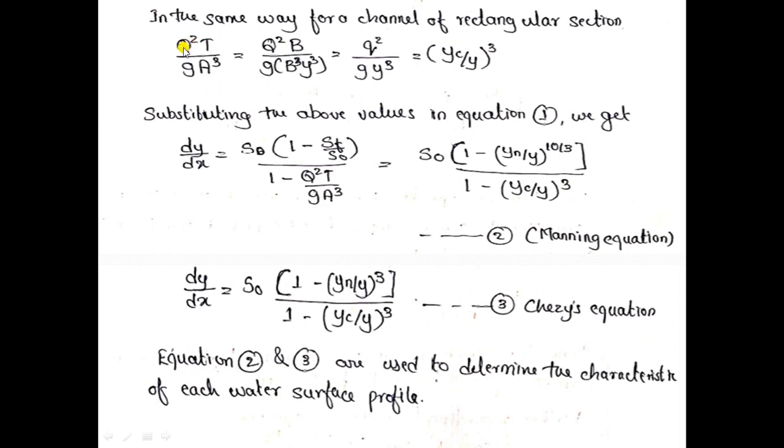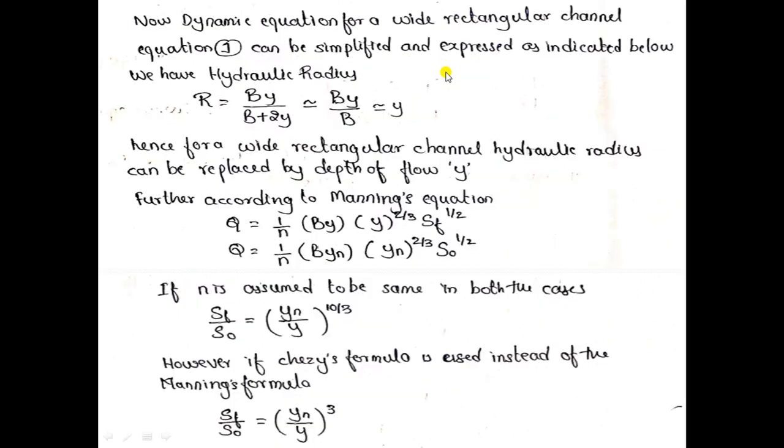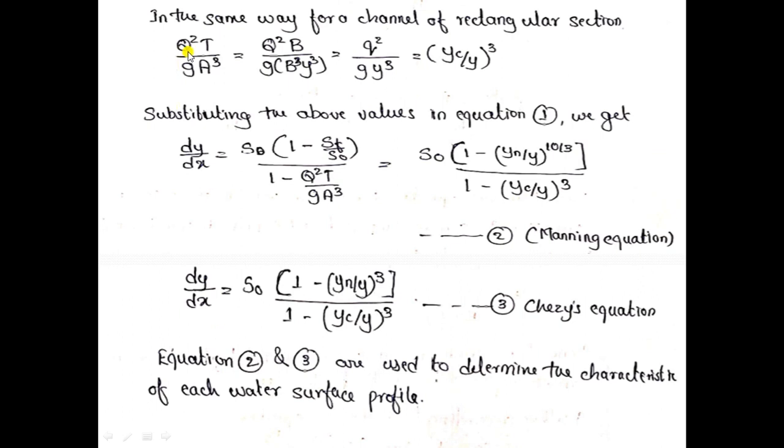In the same way, Q²T divided by gA³, if we simplify, will be (yc/y)³. So, if we substitute these values, that is the ratio of SF by S0 and Q²T/(gA³), in equation 1, and simplify it, we will get